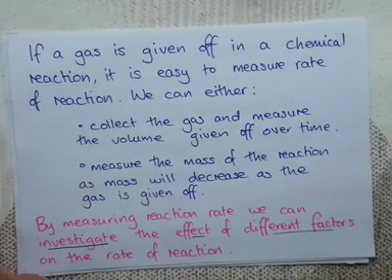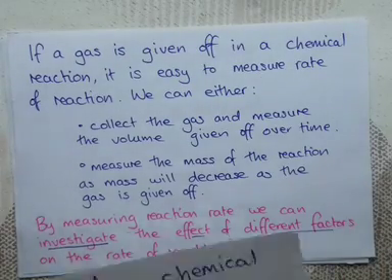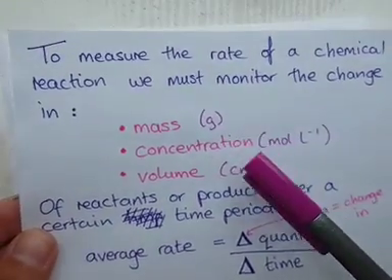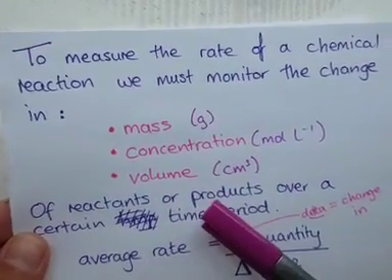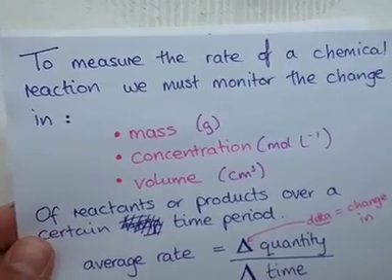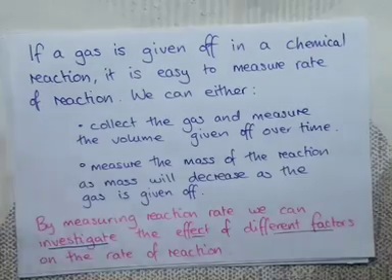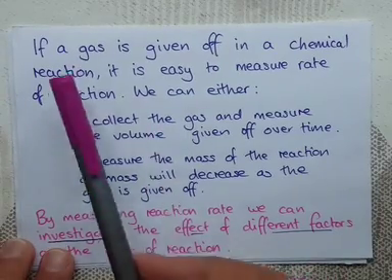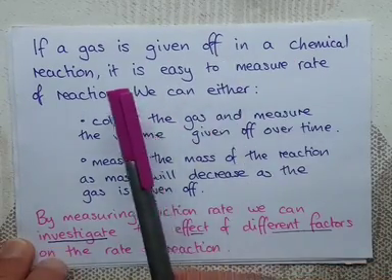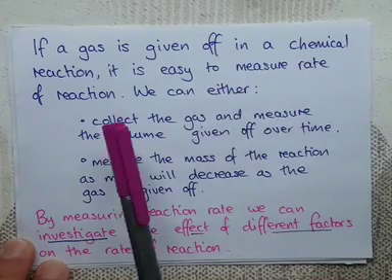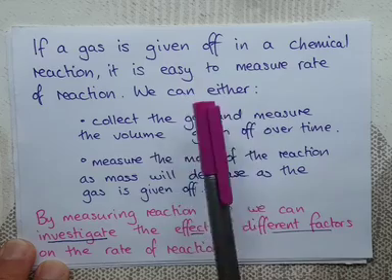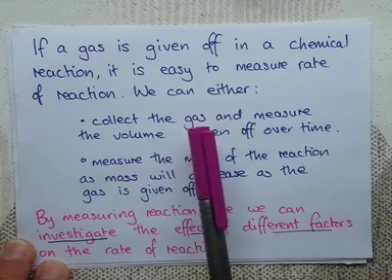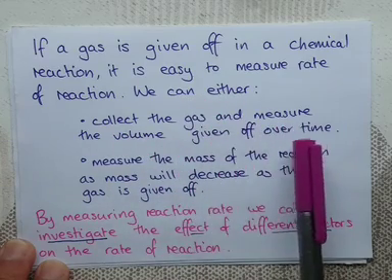Okay, so I've said that there's a few different things we can measure. We can measure mass, concentration or volume of reactants or products, but at Nat 5 we look at a couple of particular examples of this. So we usually look at reactions where a gas is given off. And if a gas is given off in a chemical reaction, it's easy to measure the rate of reaction, because we can do 2 things. We can either collect the gas and measure the volume given off over time,